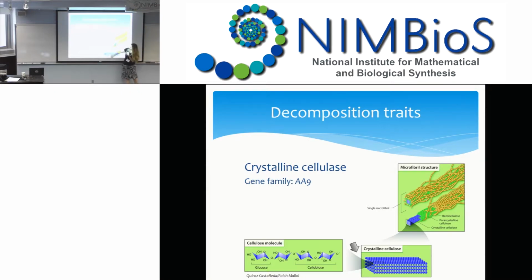All right, so one of the first things in breaking down cellulose to use it for energy is that the fungi have to peel off these cellulose molecules individually. Now, there is a particular extracellular enzyme that fungi produce that can do this. And again, not all fungi produce it. This is called crystalline cellulase, all right? So it catalyzes the breakdown of these linkages here between the cellulose molecules. And then once that cellulose molecule is released, the fungi may be able to break it down further for energy. Okay, so another important decomposition trait. And we know the gene that encodes for this, and that's very useful.